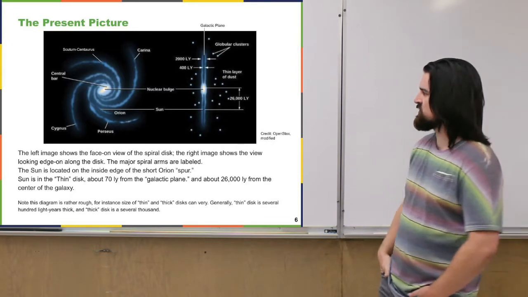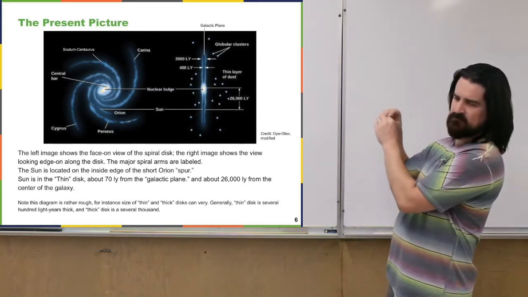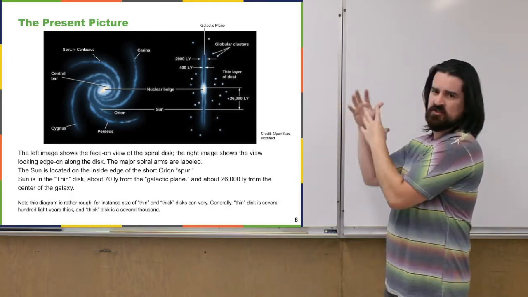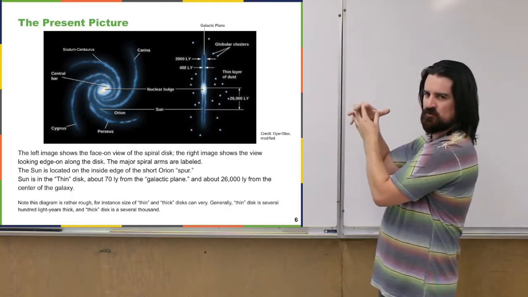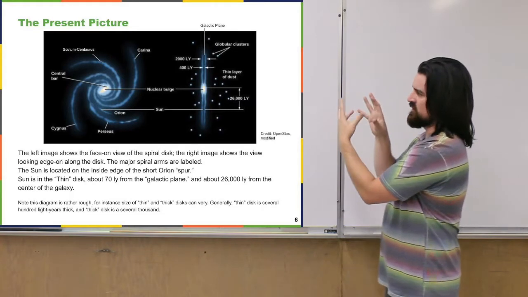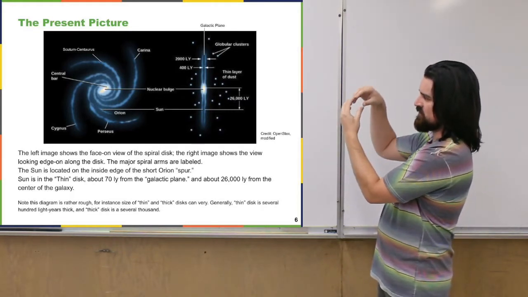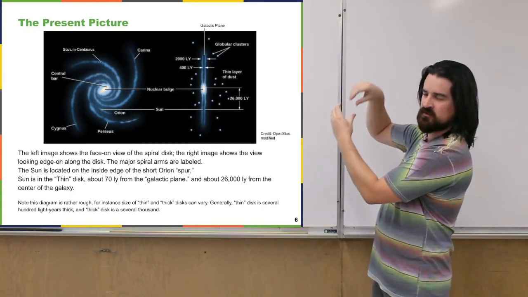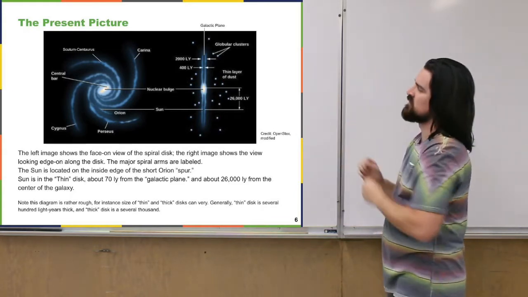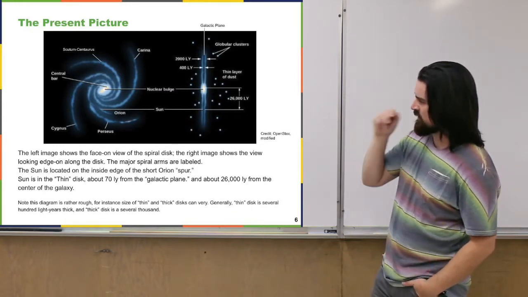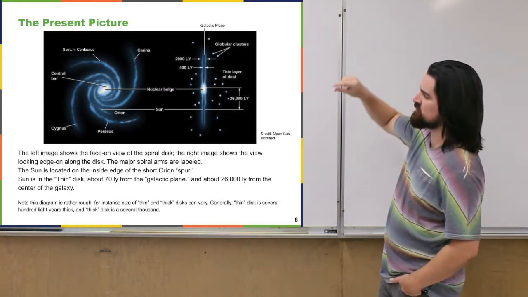Cygnus arm, Perseus arm. Also, one of the main features of the galaxy is that the center is not a completely round thing. It seems that the density of the stuff in the center is actually arrayed in a sort of bar, along a line almost, the center of the galaxy. So that's what that central bar is pointing out, the really bright, yellowish part, just a sort of bar.